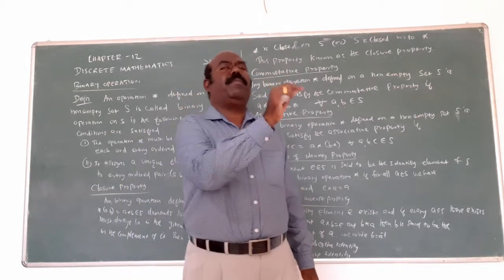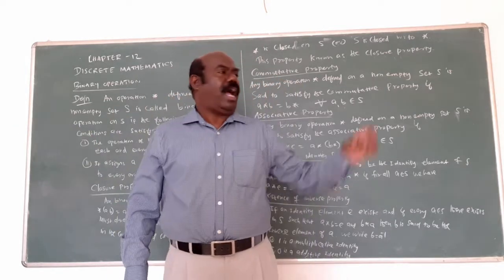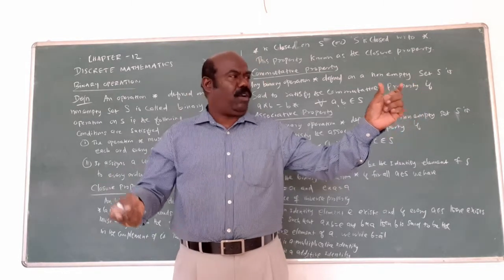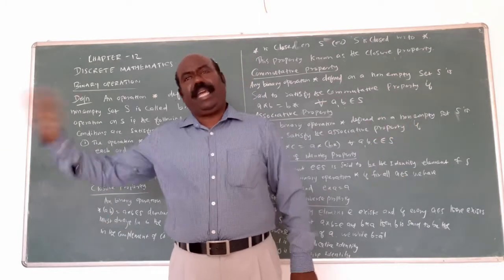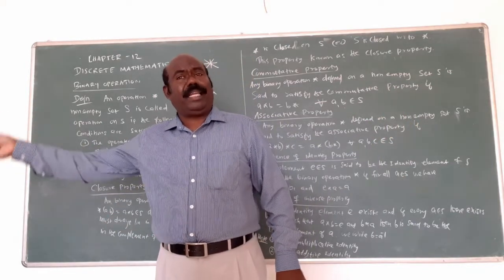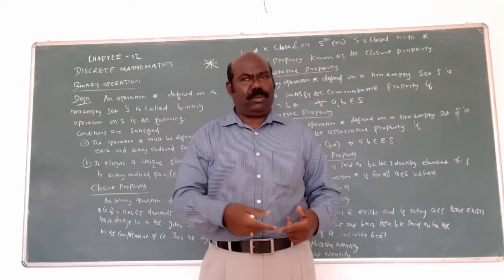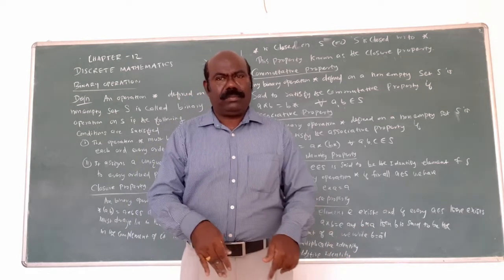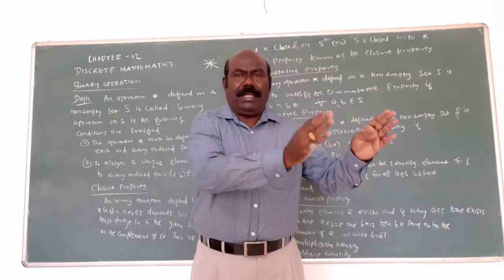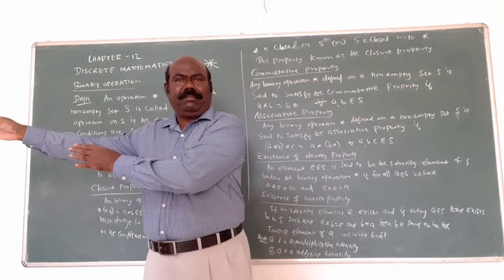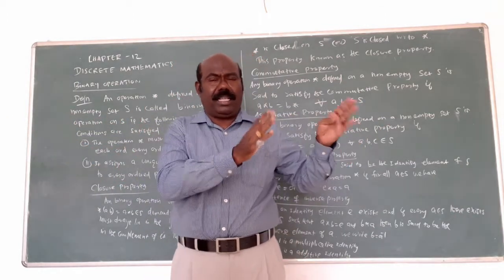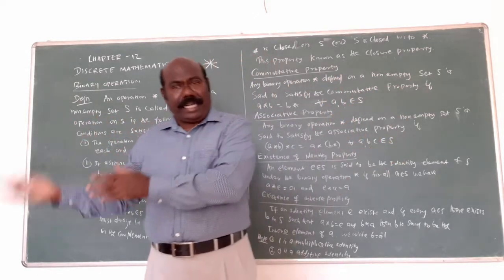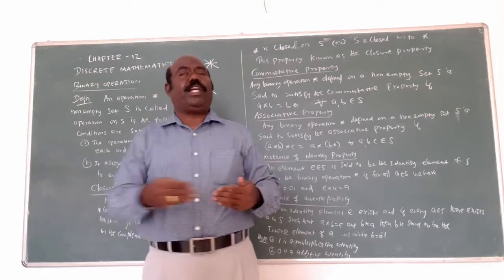For example, 1, 2, 3 belong to the natural numbers. I will consider 1 plus 2, then adding 3. 1 plus 2 is 3, plus 3 is 6. Next bracket: 2 plus 3 is 5, then adding 1 gives 6. True. Suppose you take minus, that is not true. Multiplication is true. Associative property means the elements a, b, c stay the same on both sides, not reversed. You put the bracket on the first two on the left side and on the last two on the right side. If equal, it is associative property.